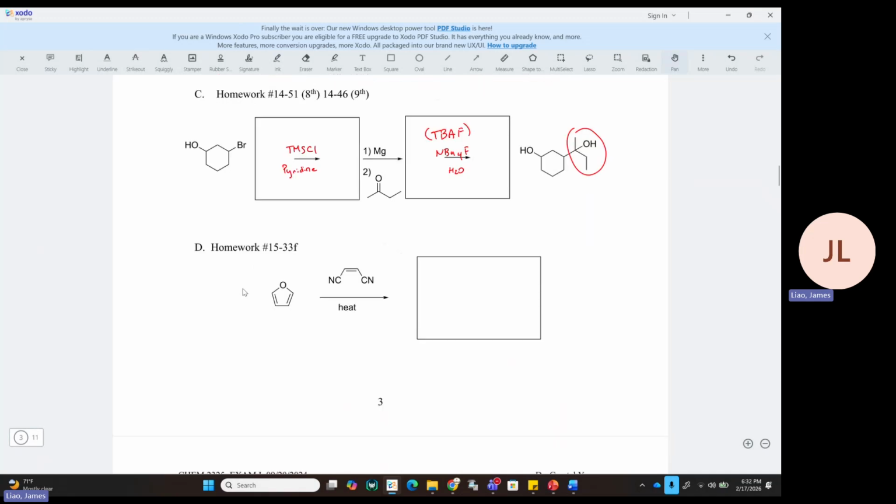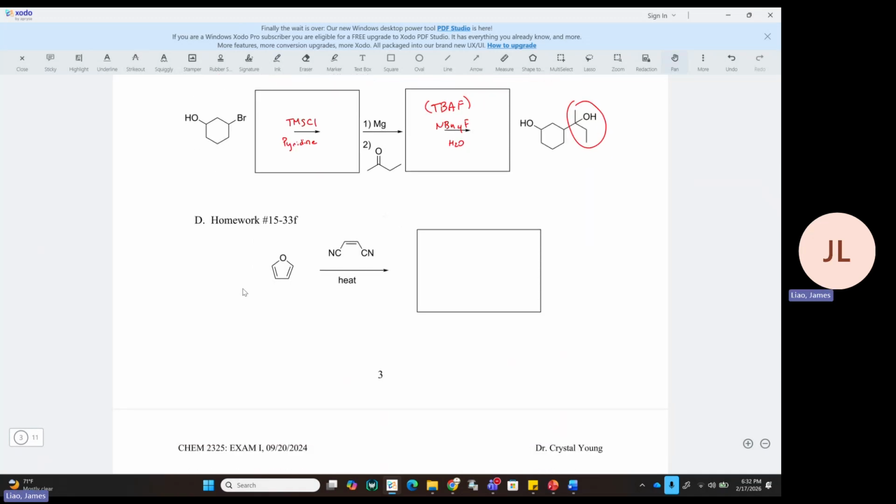Okay. Reaction 4. Reaction 4 we have is a furan with a double bond with 2 cyano groups and heat. This is one of the hints or indicators that you're going to be using what's called Diels-Alder. And if you had this experiment today, you probably already have an idea what it looks like, or you could experience it tomorrow, or whatever other days you have experiment days. But the idea is that what you're going to have is a diene right here, which is the furan, and then a dienophile